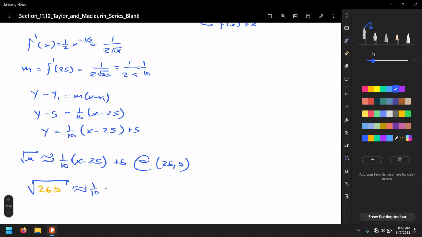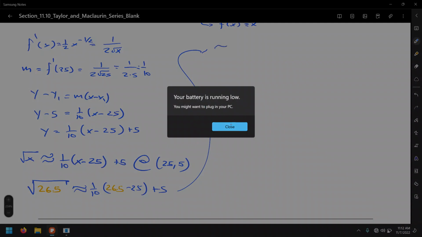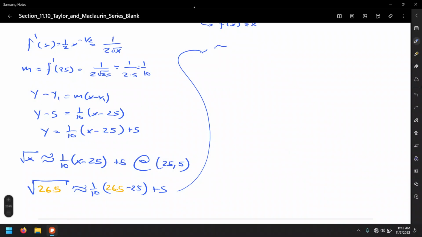So 1/10 times (x minus 25) plus 5, with x being 26.5, and that's approximately. So this means the square root of 26.5 is approximately, well, 26.5 minus 25, so that's 1/10 times 1.5 plus 5,